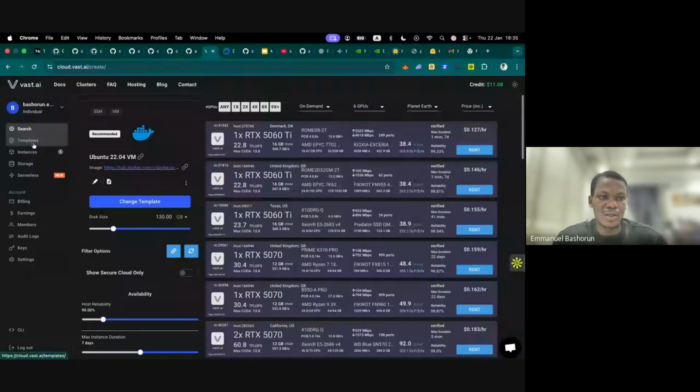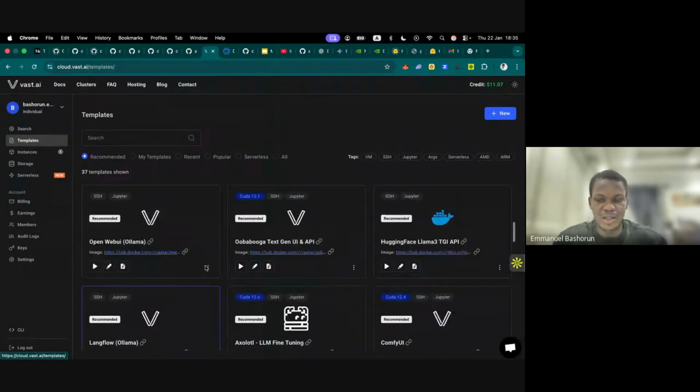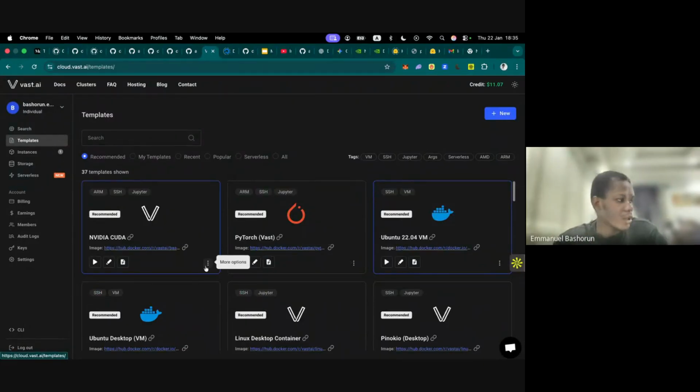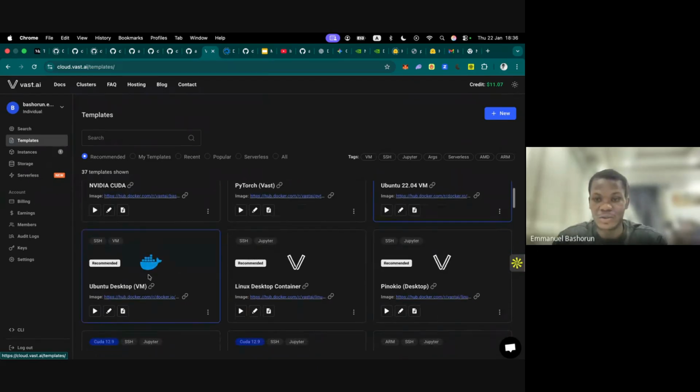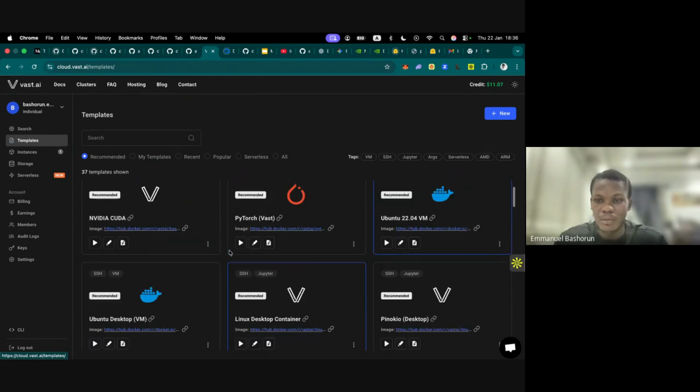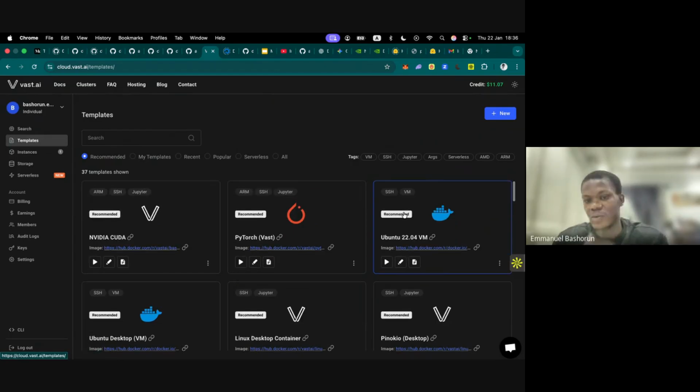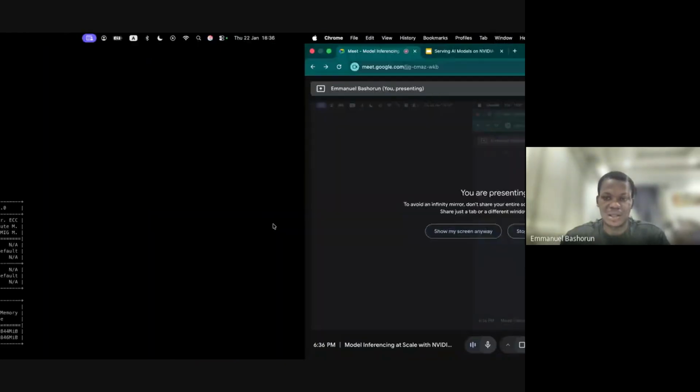And then you can go over to templates to select which should be the image of your GPU instance. Do you want to just work off NVIDIA CUDA, or do you want a barebone Ubuntu instance? When your GPU starts, this will be the foundation on which your GPU is bootstrapped. So in my own case,